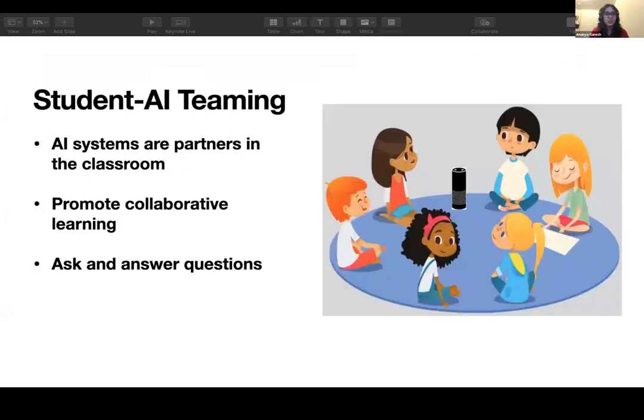Okay, so the NSF Institute for Student AI Teaming, our goals are to develop a system that can serve as a partner to students in a classroom in their learning process. So what we want from this is,